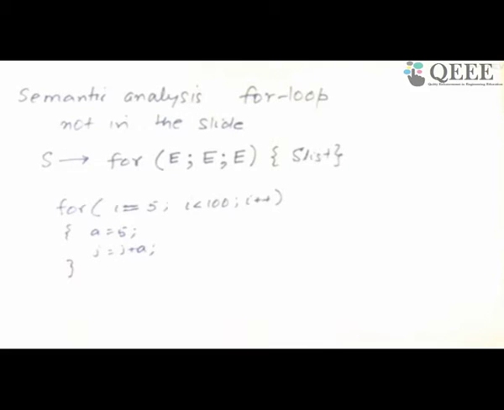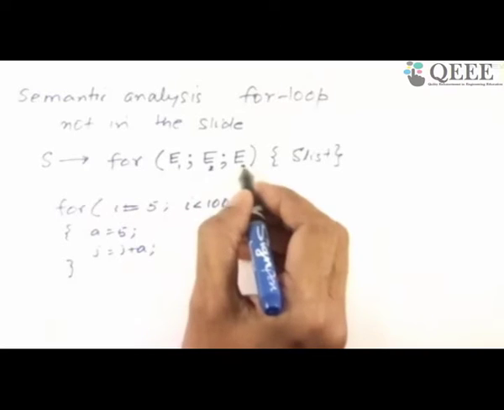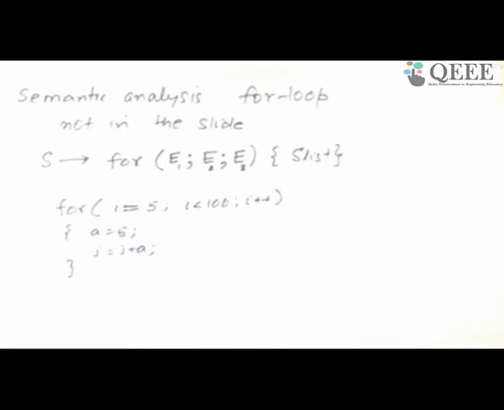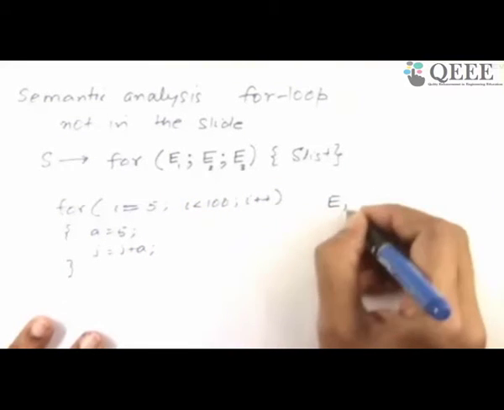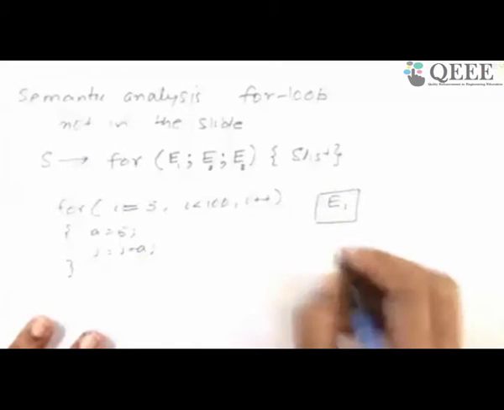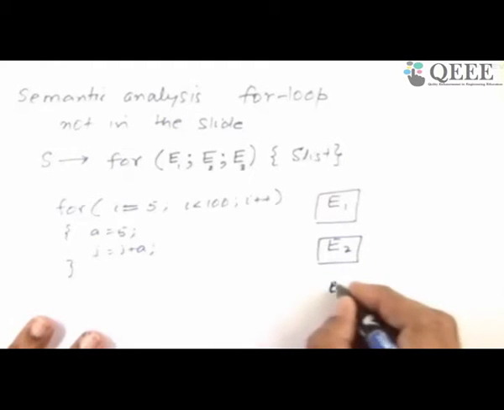This is the loop that has been given to us. We have to do semantic analysis and produce intermediate code. Now what is the challenge out here? The challenge is that while parsing, let me subscript these E's to say they are different E's. I first see E1, the first expression, then I see E2, the second expression, and then I see E3. So while parsing, the real things I will get one after another are E1; maybe I'll generate code for E1 and keep it over here. Then I'll get E2, generate code and keep it over here. Then I'll get E3, generate code and keep it as I'm getting this. Okay?